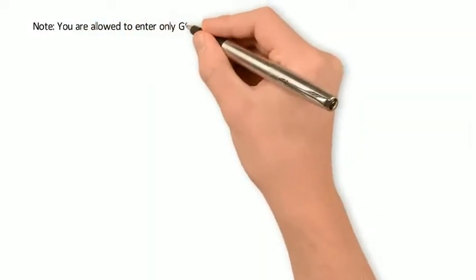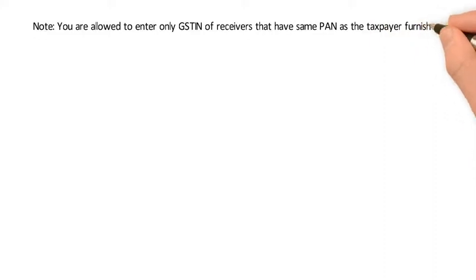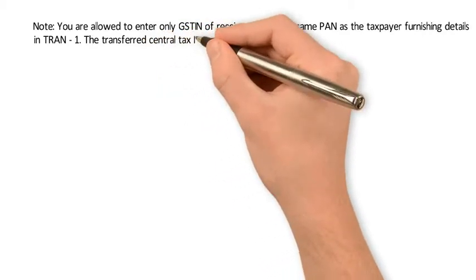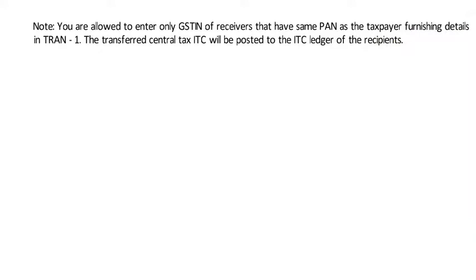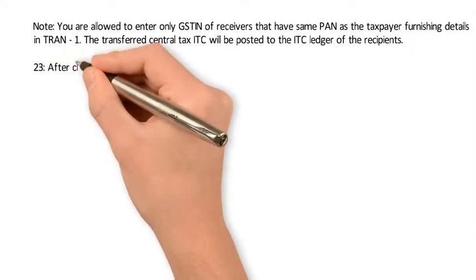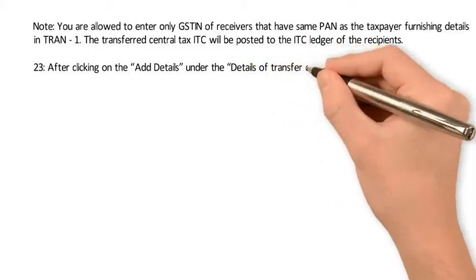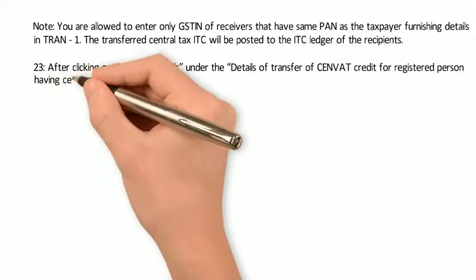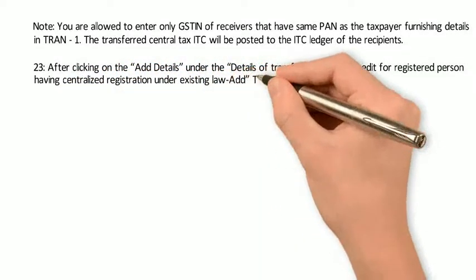Note: you are allowed to enter only GSTIN of receivers that have the same PAN as the taxpayer furnishing details in Tran-1. The transferred central tax ITC will be posted to the ITC ledger of the recipients. 23. After clicking on the Add Details under the Details of Transfer of CENVAT Credit for Registered Person having Centralized Registration under Existing Law Add tab,